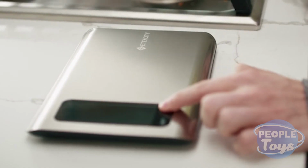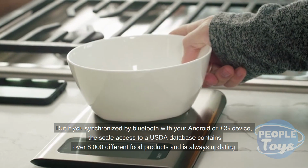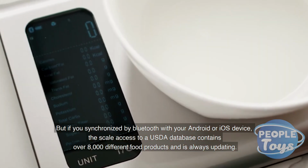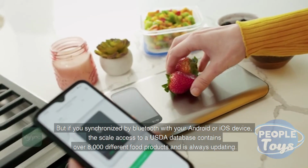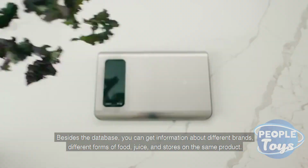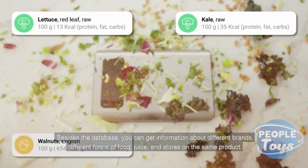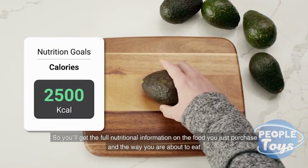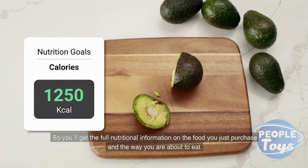but if you synchronize it by Bluetooth with your Android or iOS device, the scale accesses a USDA database that contains over 8,000 different food products and is always updating. Besides the database, you can get information about different brands, different forms of food, juice, and stores on the same product. So you'll get the full nutritional information on the food you just purchased and the way you are about